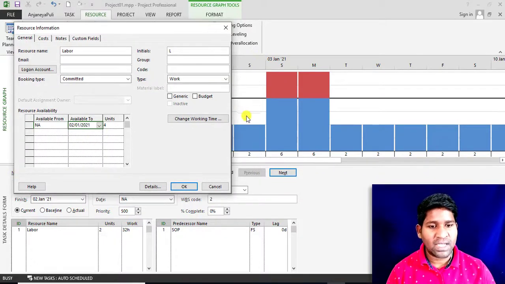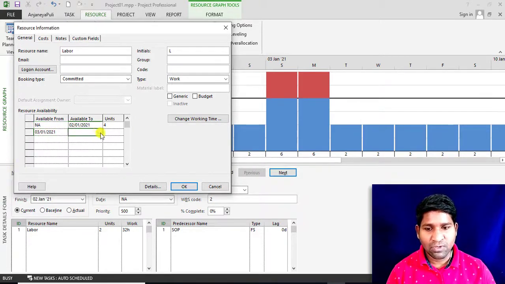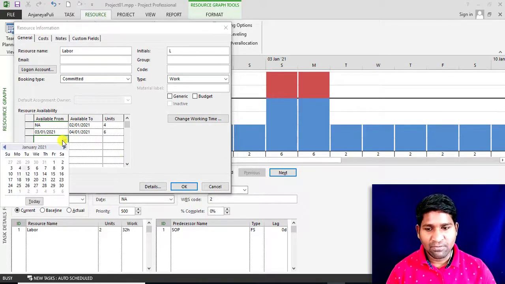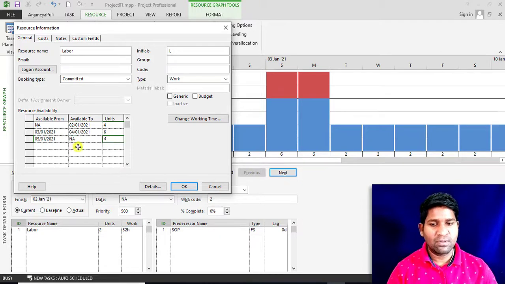So up to January 2nd, I need not change. From 3rd January to 4th January, I need 6 resources. And from 5th January to NA, that is 4. NA means continuation. Now click on OK.